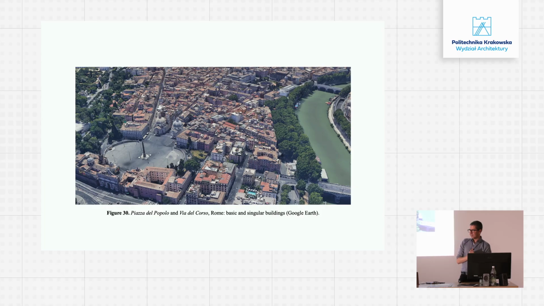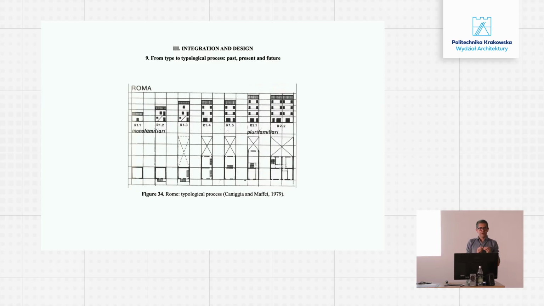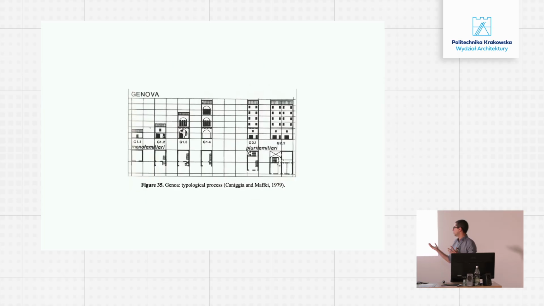Another thing that these colleagues tell us is that when we come to a manageable number of types, for instance 10 or 20, we can analyze them and place them in a sequential evolution in time, meaning that one type is the origin of the creation of another type. And based on these very simple diagrams, we can start telling the building history of a particular place. And because we are architects, and Gianfranco Caniggia was also an architect, we can also use these typological processes, that's the name of the sequence, to root our design proposals